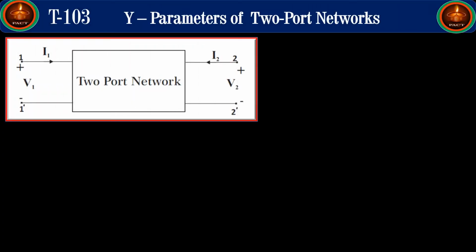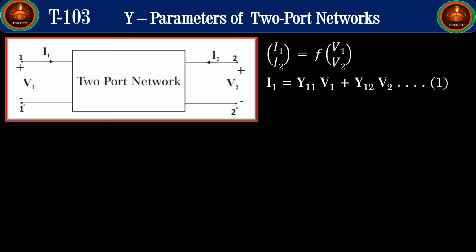Friends, consider the standard form of a two-port network shown in figure. And in case of Y parameters, we know I1 and I2 are dependent variables and V1 and V2 are independent variables. And both I1 and I2 are the functions of both V1 and V2. Therefore, we can write I1 is equal to Y11 V1 plus Y12 V2, and this equation is called as the input port equation. Similarly, I2 is equal to Y21 V1 plus Y22 V2, and this equation is called as the